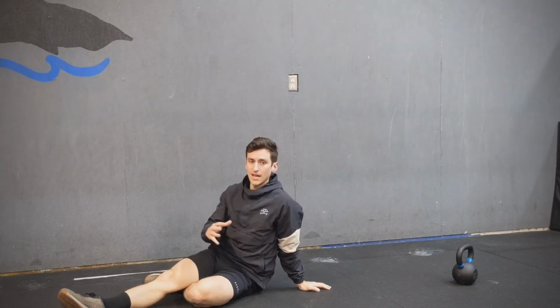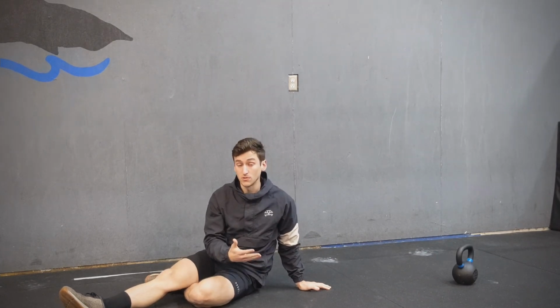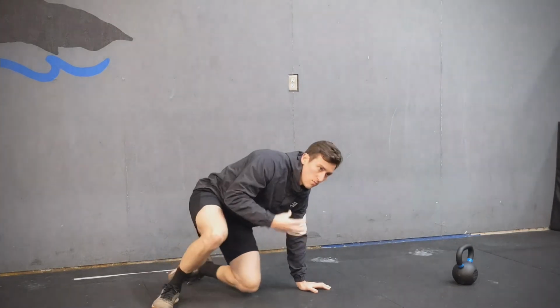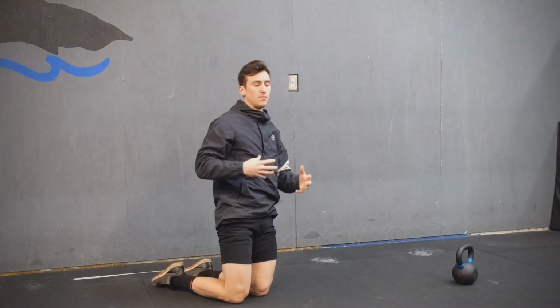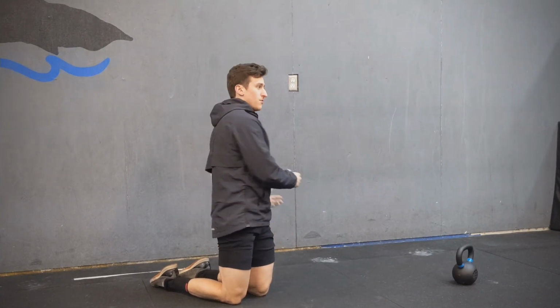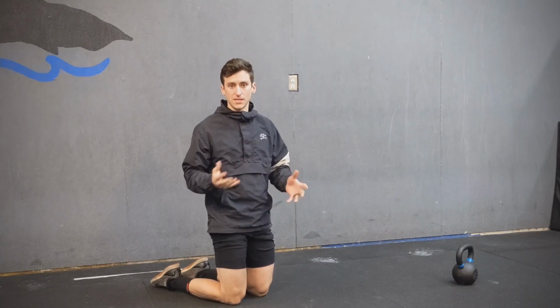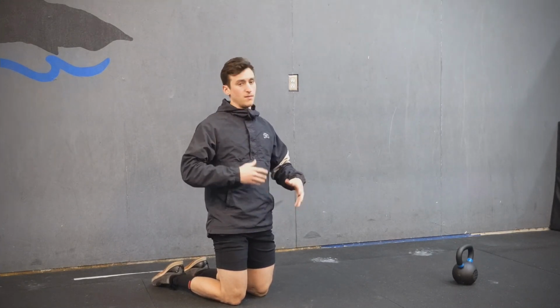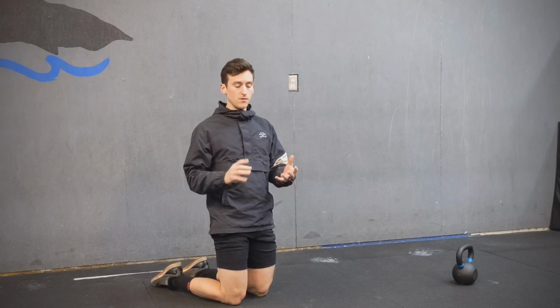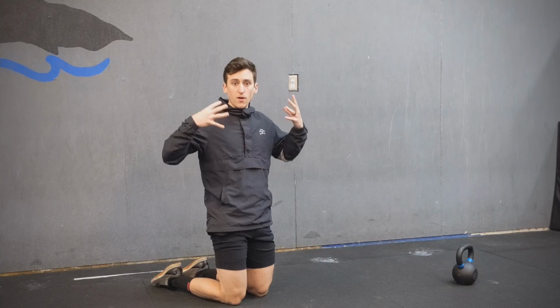Anti-rotation, so we're learning how to prevent rotation, but also strengthen the muscles that would help us also move in rotation. So mobilizing the spine while also strengthening the muscles that can keep it from moving too much is key, because we want freedom of movement, but we also want to make sure that we can prevent movement to keep ourselves safe. So with all these 5 coming together, we're getting some mobility, some stretching, some strengthening of the spine,